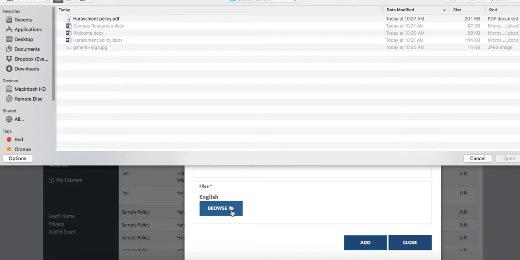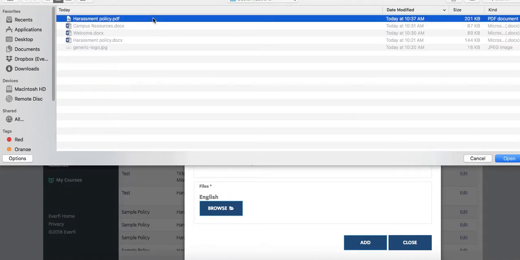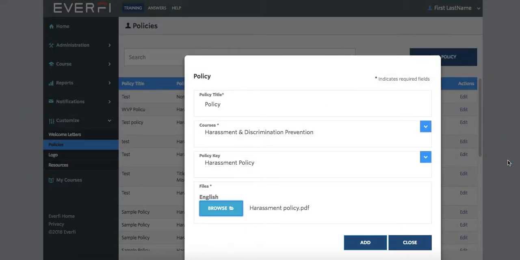Note, we only accept PDF files, so if it's saved as a Word document or other type of file, you will need to convert it to a PDF before uploading. Next, choose the policy file on your computer and click Open to select it. Once everything has been filled in and selected and looks correct, click on the Add button to save and add